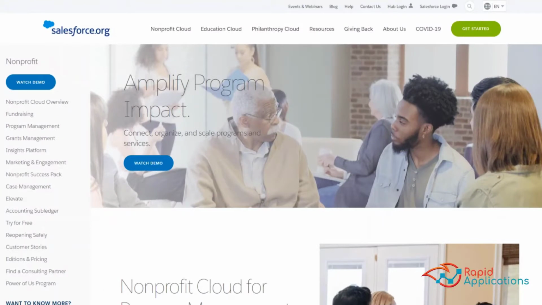One of the newest and most exciting features of the Nonprofit Success Pack is the Program Management module. This downloadable app from the App Exchange is free to NPSP users, and what it does is tie in all aspects of an initiative that an organization is running. So an organization that runs a food pantry, for example, can track the different donations that are made, how the food is actually distributed, who it's distributed to, who the donors are,